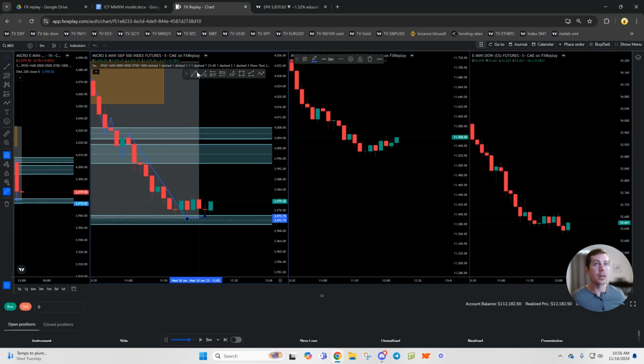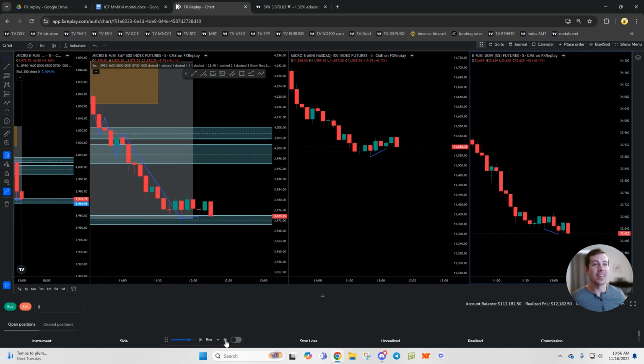I'll mark NQ as well so you can see. And YM has made a lower low right here. So we have our SMT divergence, and technically we would need to take the trade on YM because that's the unicorn model, but let's see if we get